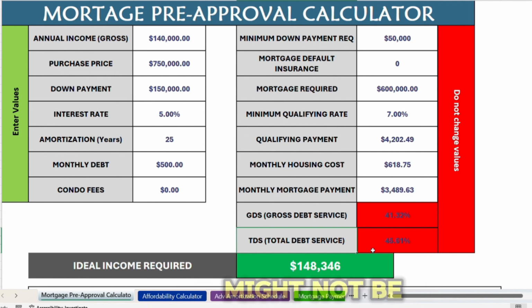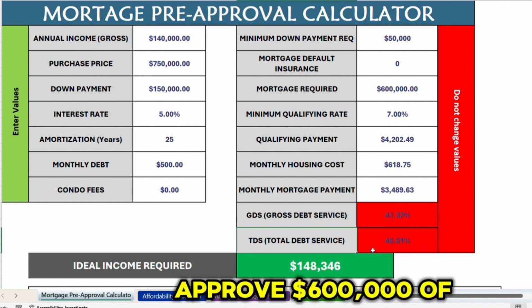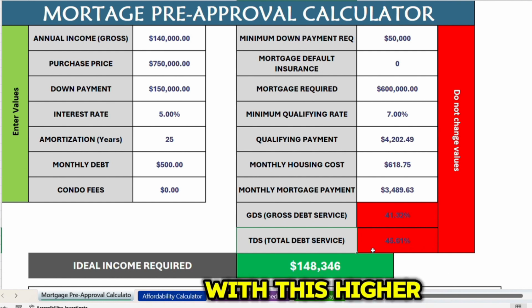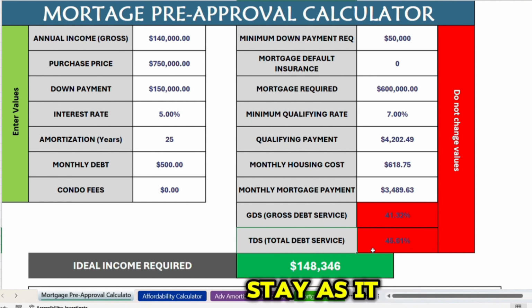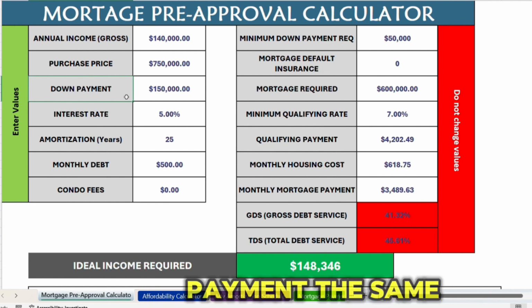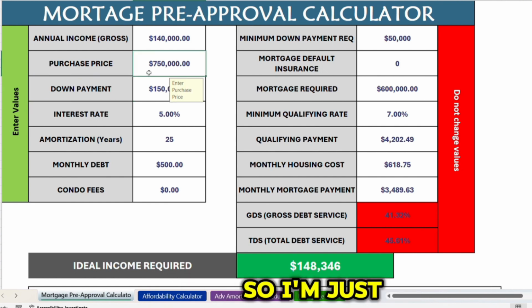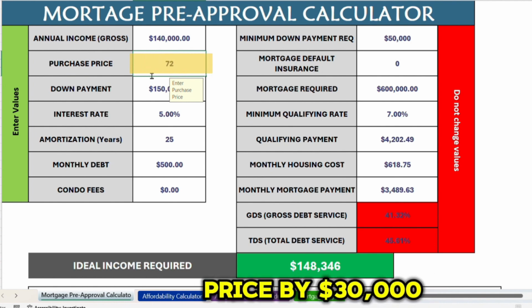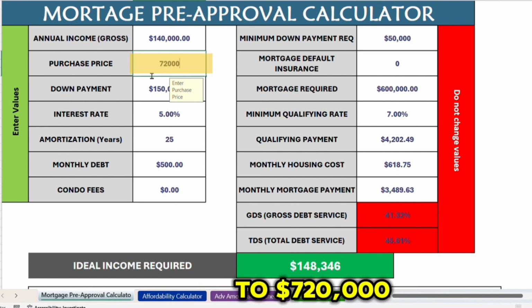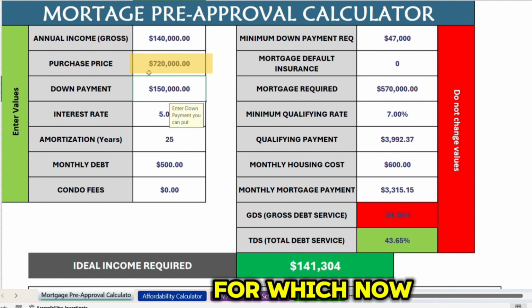And the lender might not be comfortable approving a $600,000 mortgage with this higher TDS. What's going to happen in this case? Two scenarios can happen. First, the lender will approve you for a lesser mortgage if your annual income is going to stay as it is. So if I'm keeping my down payment the same, I have to reduce my purchase price. I'm reducing my purchase price by $30,000 to $720,000,